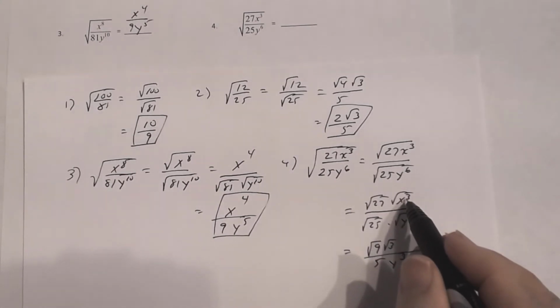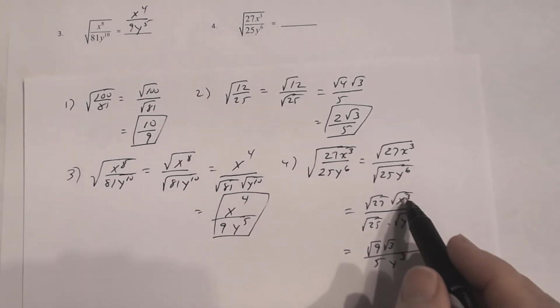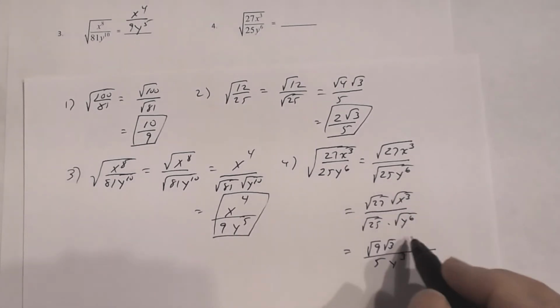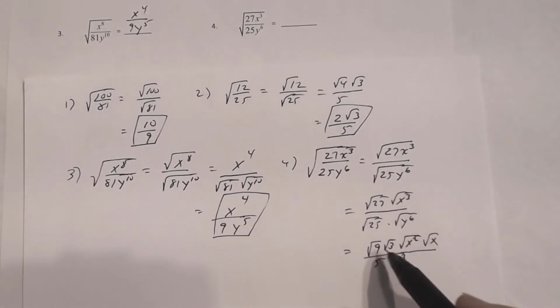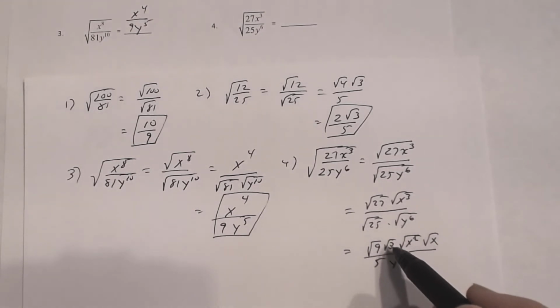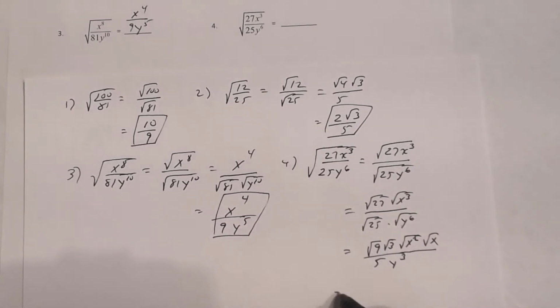And remember, this exponent is odd, so you've got to rewrite this as the largest even exponent that's less than 3. That 2 goes into, that's why we said even, so it'll be the square root of x squared times the square root of x. Now you've got to simplify whichever one of these you can. So I can simplify the square root of 9, I can simplify the square root of x squared. I cannot simplify these two, the square root of 3 and the square root of x. So I'm going to get 3 times the square root of 3 times x times the square root of x